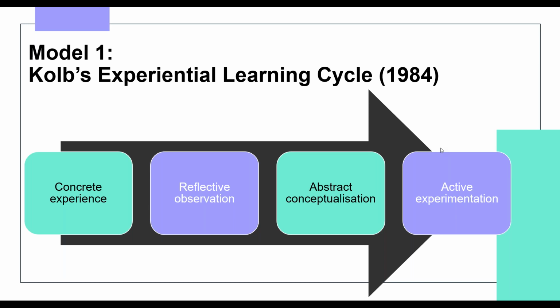And then the final stage is to actively experiment with any new knowledge, learning, or understanding gained from the whole process. Professionals can plan for the future regarding what they've gained from this reflective cycle and how it informs future practice. And this is easy to relate to something new, but it can also be just as beneficial to use with an existing activity or practice to review its effectiveness or success.